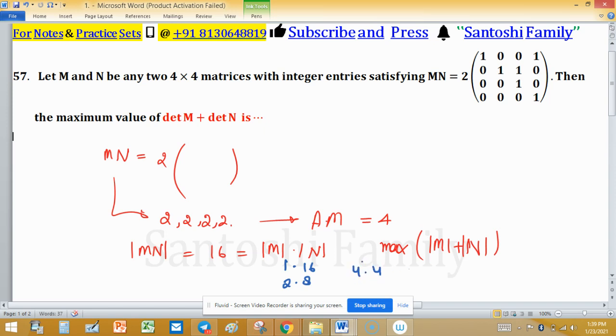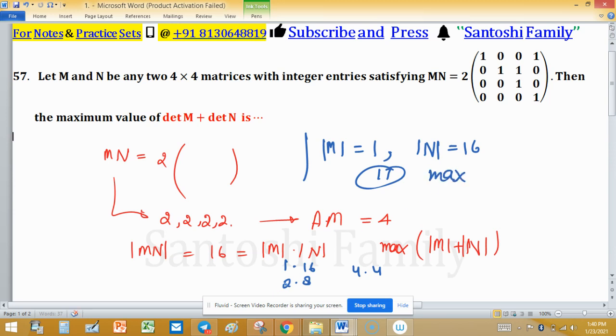and maybe some others. So if you add these, suppose matrix M has determinant 1 and matrix N has determinant 16, then we need the sum of determinant of M plus determinant of N. Determinant of M is 1 and determinant of N is 16, or anyone can take determinant 16, either M or N, and the other one will take 1, then their sum will be 17. So this is the max value,